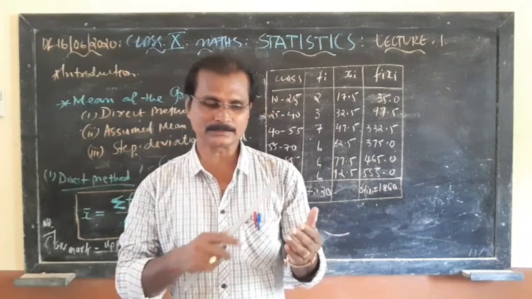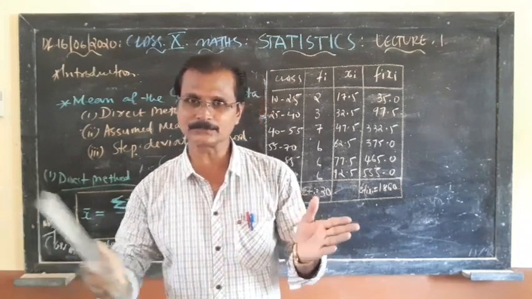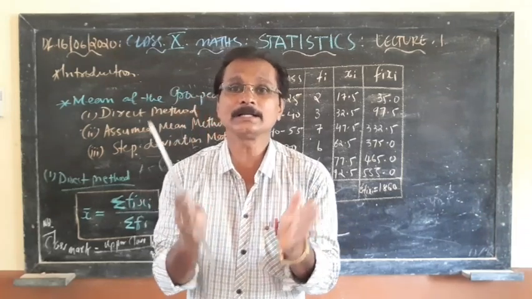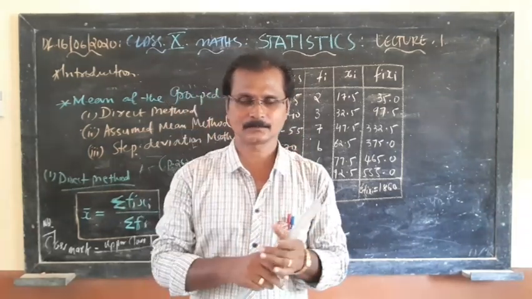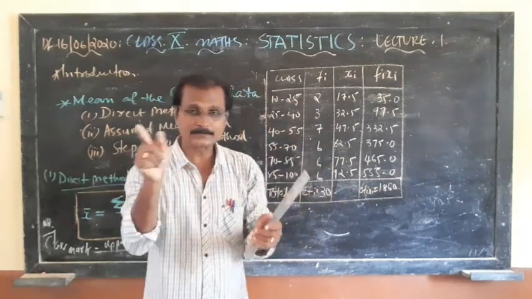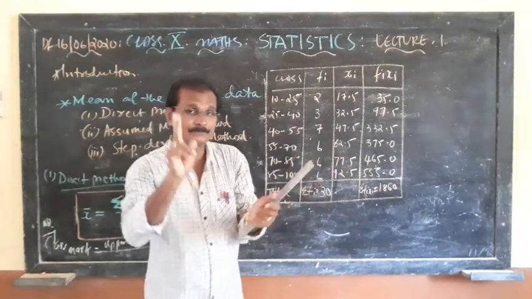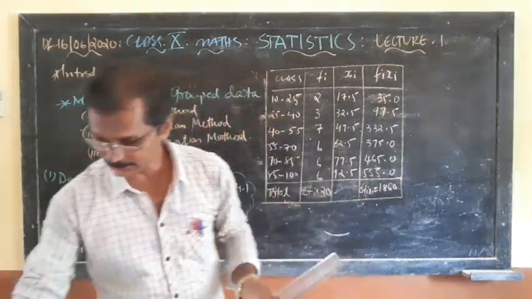10 to 25: 10, 11, 12, 13, 14, 15, 17, 18, up to 25. So in between there are 15 numbers. The class interval, what is it called? It is called a distance, that is the difference between the smaller number and the larger number. 10 and 25, between them 15 numbers are there. So we call it the class interval.